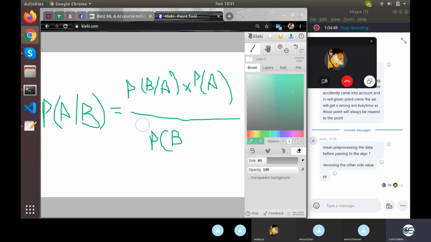Well, actually I have drawn this wrongly. It's not a slant line, it's a straight line. Okay, this is what the simple Bayes theorem is. And what does it do? It basically assumes that every column mentioned in our feature set is an individual column. One column has nothing to do with another column, and so on.